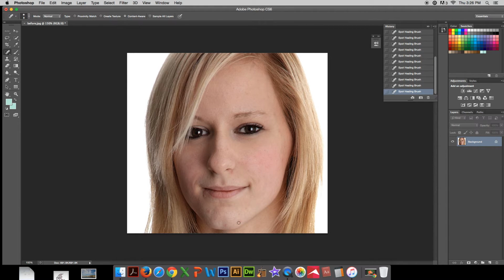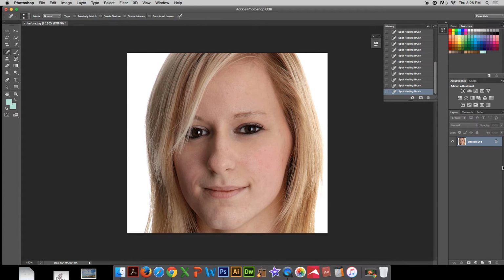Gonna make that a little smaller again. Anyways, I'm just gonna quickly clean her up, just to show you that is how you get rid of pimples quickly on your face. You can think of a million reasons why you would want to use this. I wish it worked like this in real life. Well, now this is what you've got. She's nice and clean, but you can still see she has a lot of pores and textures